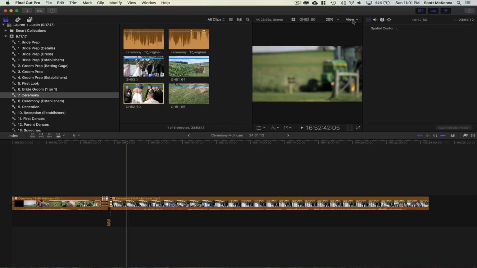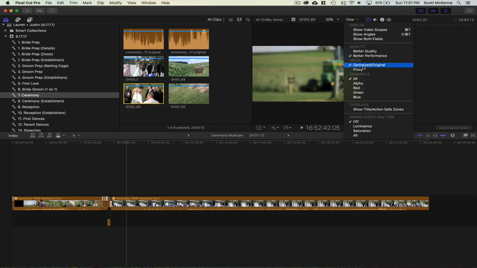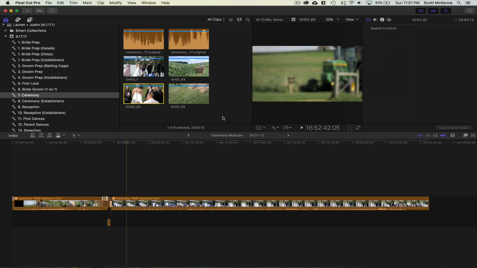And then make sure that you go to View and choose Media from Optimize to Proxy, and then you'll have no issue at all. Just make sure that once all your editing is completely done and you like all the cuts and all the audio sounds great, change this back to Optimize and Original, or else it will export the proxies, which are significantly lower quality, and that's obviously not what you want. But if your computer's having any issues editing things in real time, even normal editing, but specifically in multicam because it's trying to do a lot at once, you could always just switch it very simply to proxy files, and your computer should have no issues whatsoever.